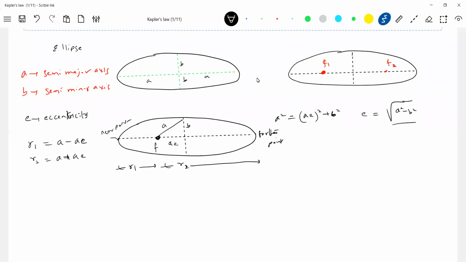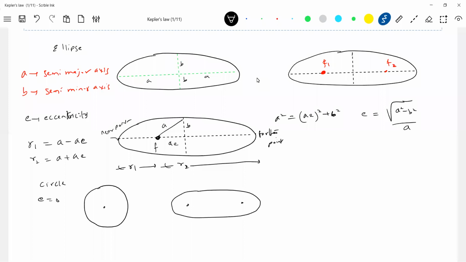Fine. This is called the eccentricity. The near point and the farther point are given by this particular equation, a into 1 minus e, a into 1 plus e. What is this eccentricity? What is the significance of that? What values can it take? If e equals 0, then R1 equals a and R2 equals a, so how does it become a circle? Okay, clear? As I further increase e, it will be like this.